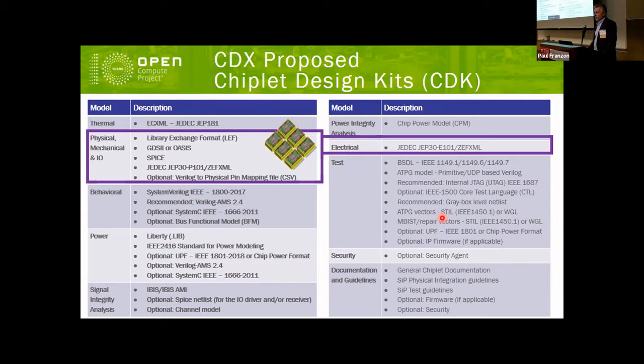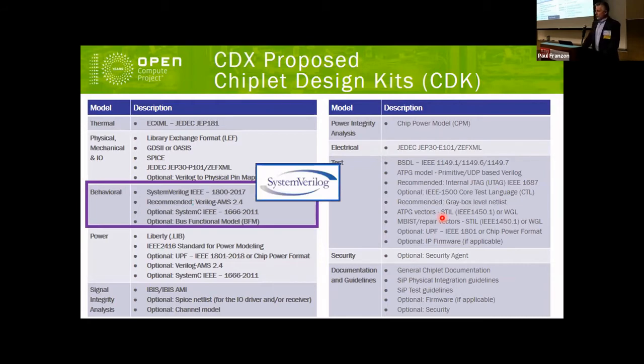Now, Zephyr XML also supports electrical information. So this information for standard ASICs is generally provided in a data sheet type format. So in the spirit of trying to have machine executable models, the Zephyr format also allows us to capture some of this electrical information. So this may be operating range, voltage, power, current, ESD ratings on pins, that type of information. Now we do have a sponsor that is willing to work with us in taking this Zephyr XML and integrating that into the JEP30 standard. So that's something that we will be looking into in the foreseeable future.